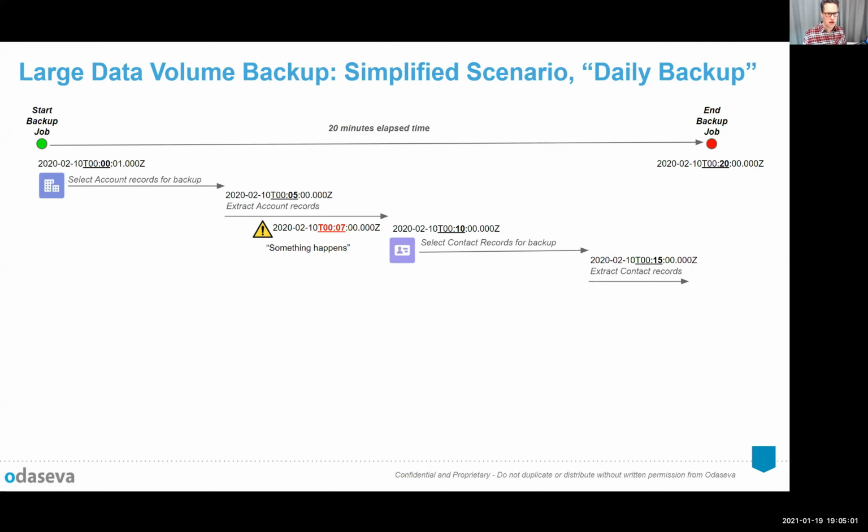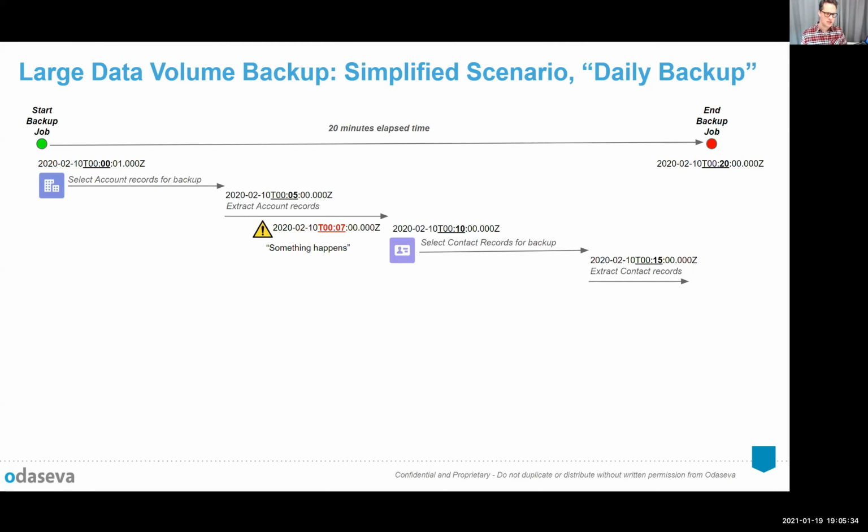You'll then wait a while and then they'll appear on your machine. So there's been the process of selecting them and then the process of extracting and downloading them. And depending on the speed of your network connection, that's going to take an amount of time. Now, in our example, something happens in the middle of that. Something happens at 7 minutes past midnight that we weren't planning for, and we will come back to what that is in a minute. But for right now, that download completes,